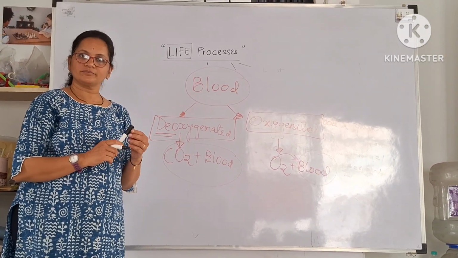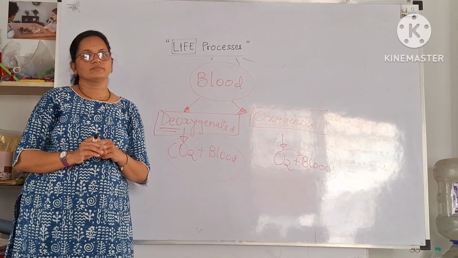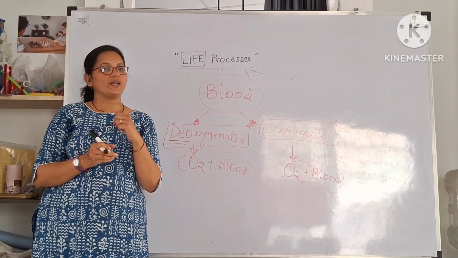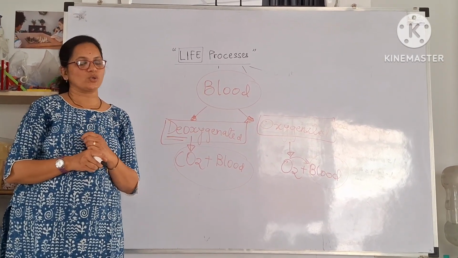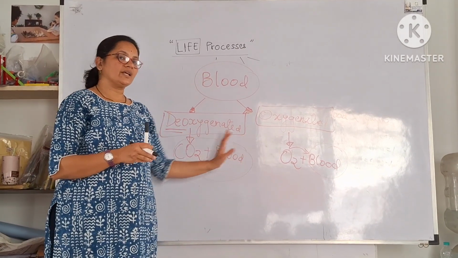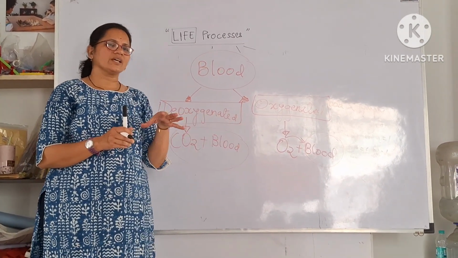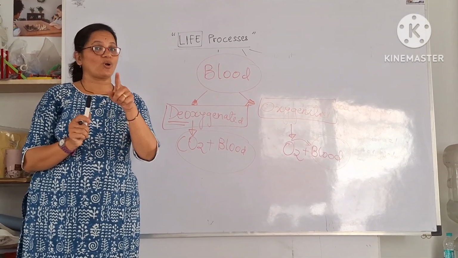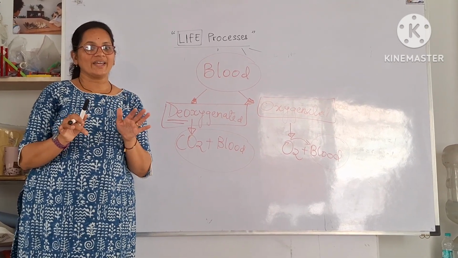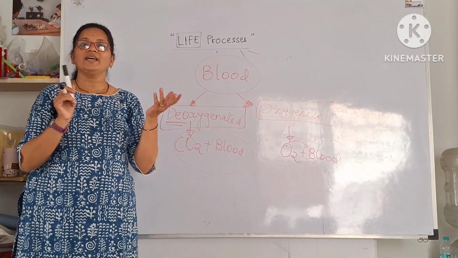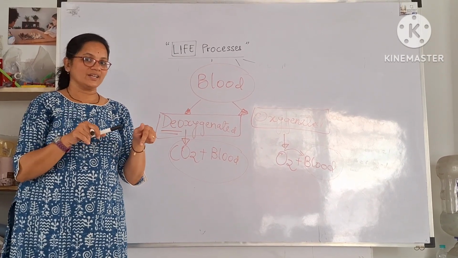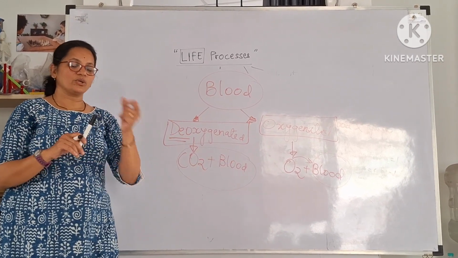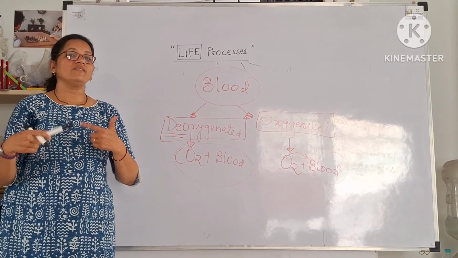Isn't it? What if oxygenated blood gets mixed with deoxygenated blood? You tell me what will happen. If the oxygenated blood gets mixed with the deoxygenated blood, the oxygen and carbon dioxide do not get out. What do you think? The organism becomes a little sluggish if it gets mixed. So the frog is sluggish: why? There is no separation between oxygenated and deoxygenated blood in it. Since both are mixing, it is a little sluggish and slow. Whereas look at the fishes, look at the humans. They are always many times